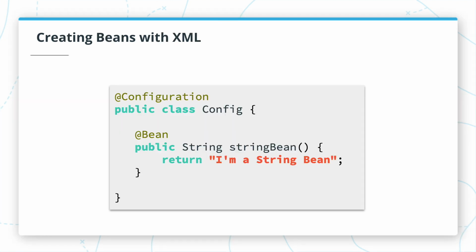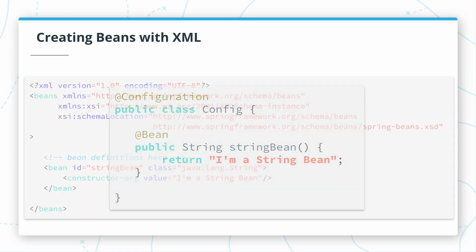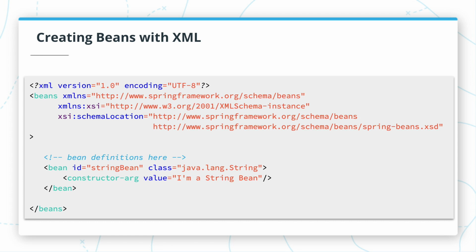There's a lot you can do with Spring's XML configuration, but for now, we're just going to look at bean configuration, the same stuff we've been discussing this lesson. Try to visualize the mappings between the XML and annotation-based configurations we're about to look at. For example, let's look at creating a simple value as a bean. In Java, we would add an @Bean annotated method to our @Configuration annotated class. With XML, we add a bean element to our beans.xml or applicationContext.xml file.